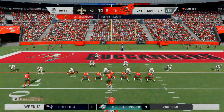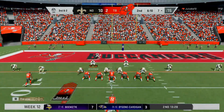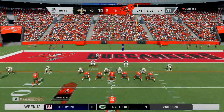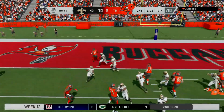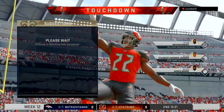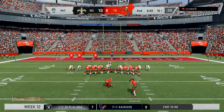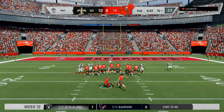And for the Saints here on 3rd down, an extra defensive back on the field. They give to Mixon to try to pick it up. And he's into the end zone. Touchdown, Buccaneers. Joe Mixon, his 3rd touchdown now on the year, as his guys have cut the lead down to